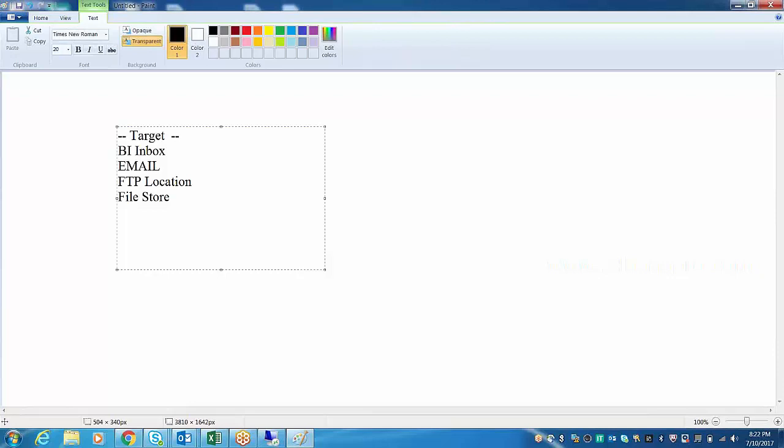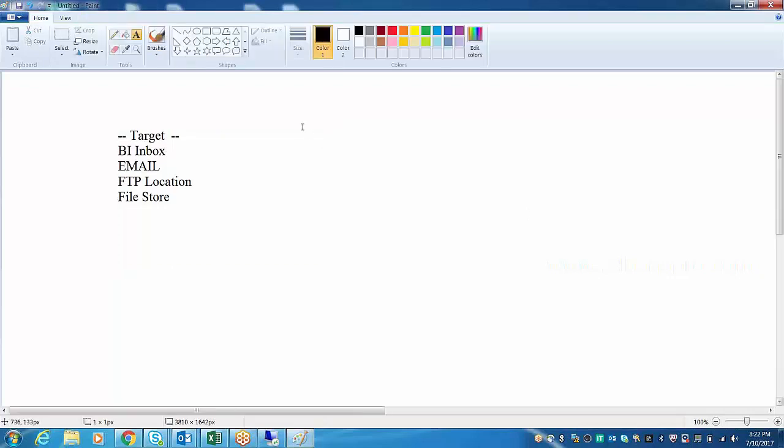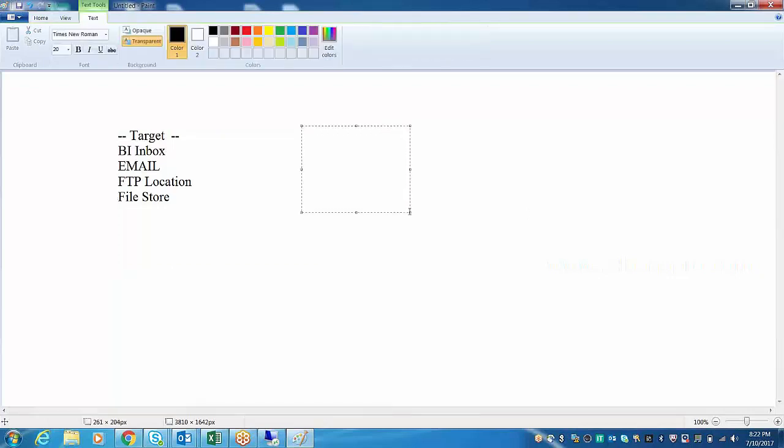Okay. So these are the different locations we can send the report. And in which format can you send a report? To this target location, definitely we can send it in BOBJ format. Right: email box, FTP, file store directory. These three target locations we can't send it to in